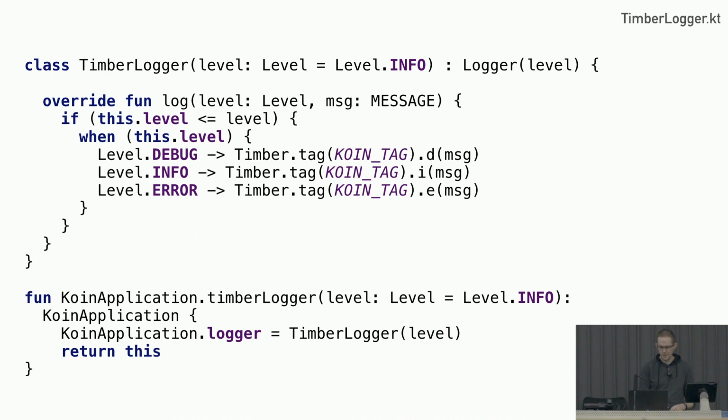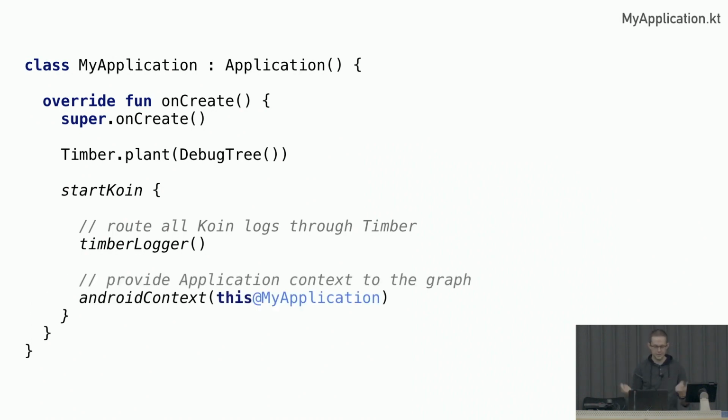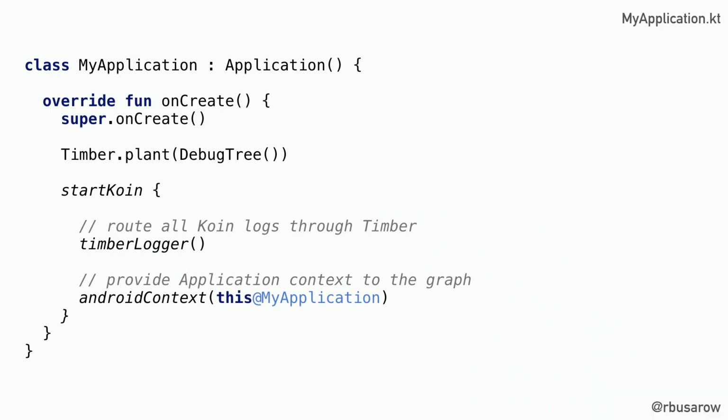And so I looked at this code, and I said, let's go ahead and change it. Let's create our own subclass of logger and add Timber logic for it, and then make this factory function, which is what we're accessing from the start Koin, and now we can have everything go right through Timber. And it's really, really easy to do. It took a few minutes. And I'm going to make a point about that later.